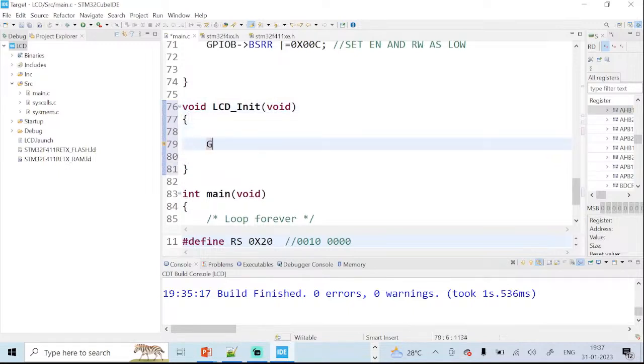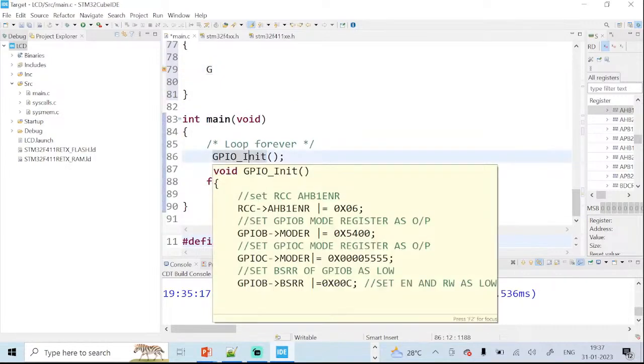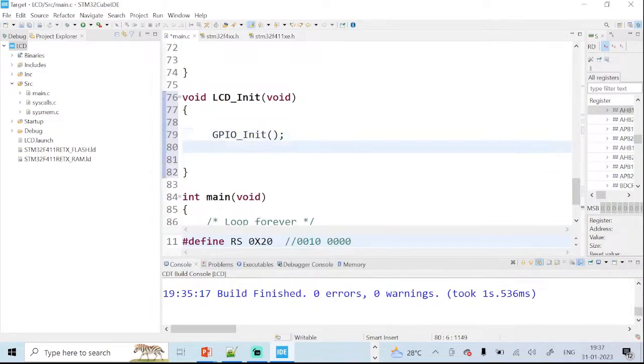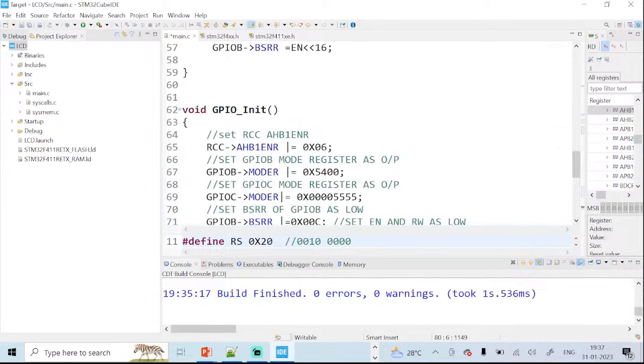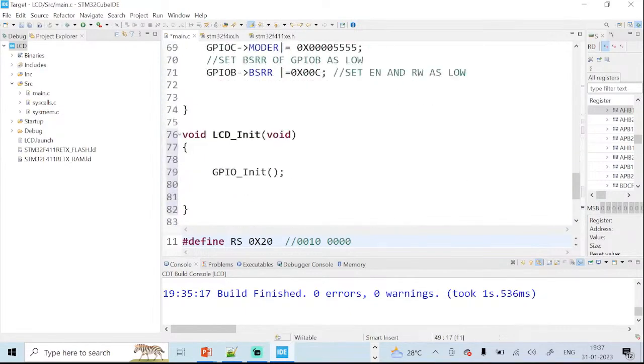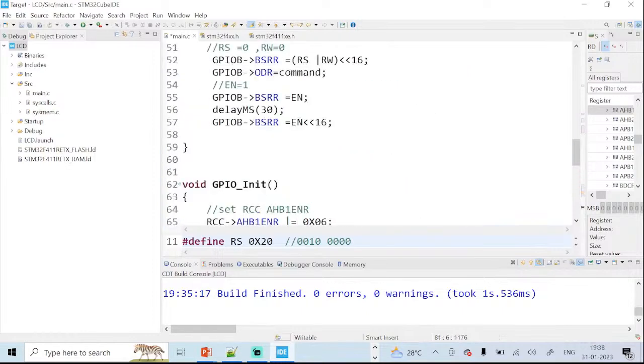So let us call this function here, GPIO_init, in LCD init. So first is LCD command. You just copy this command. The command we have to pass is 0x38. This is for settings. The mode is 16 plus 2. And just give a delay of